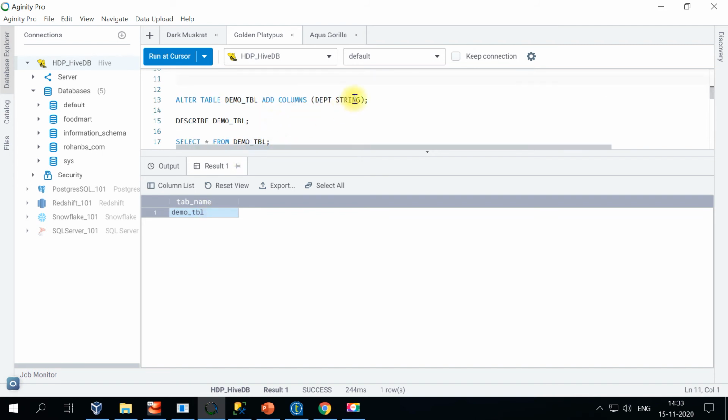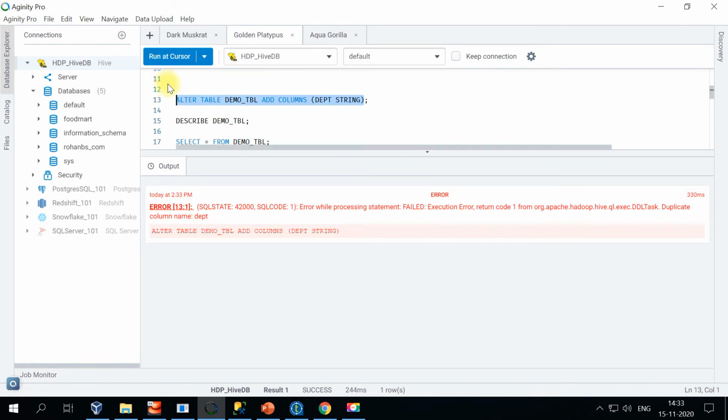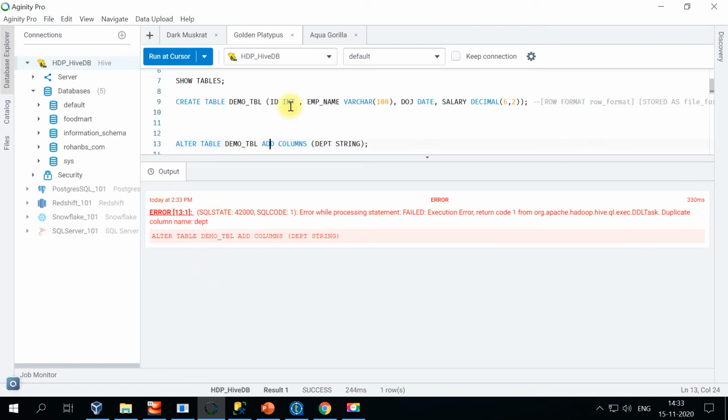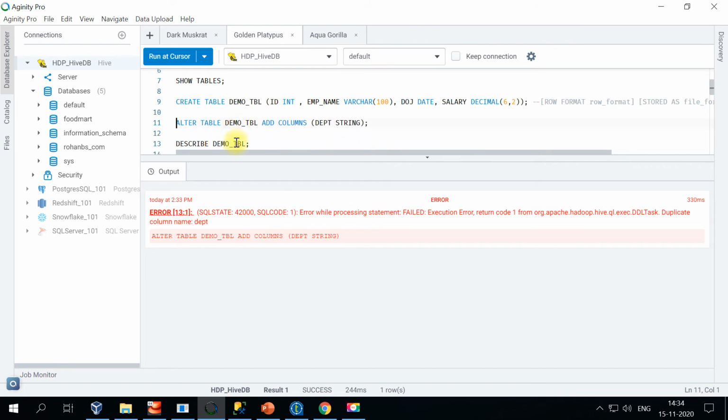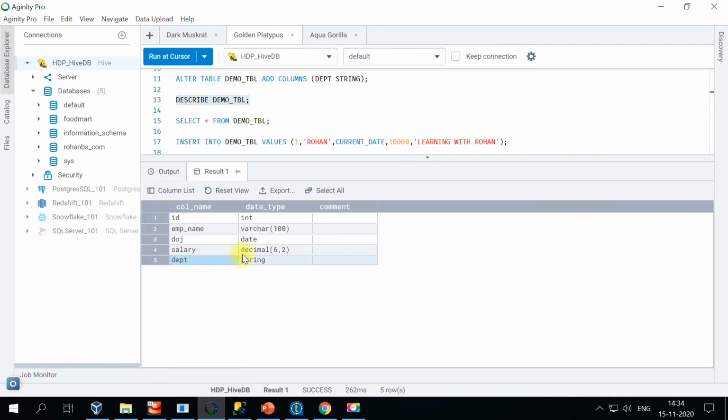In order to alter, we want to see this example also. You can just keep your cursor and then click on run query. You can run this command and you can have it. Looks like when I executed previously, it also executed the alter command. Let's see, with describe table, we should be able to see. Yeah, so the column is already added. The table is altered by adding this particular column. So this is how the describe works.